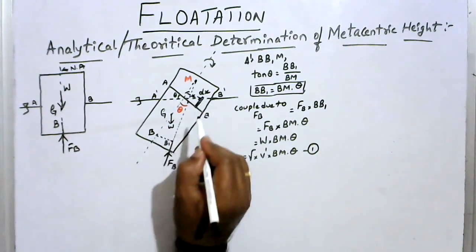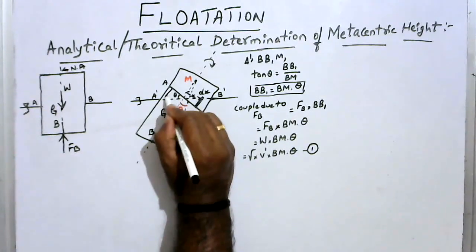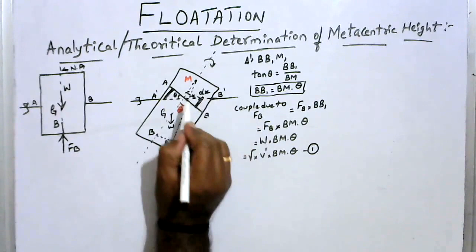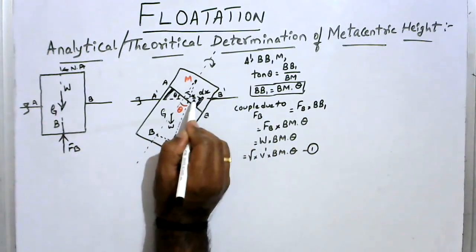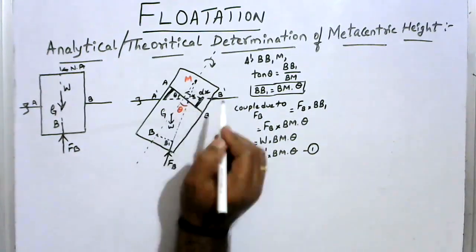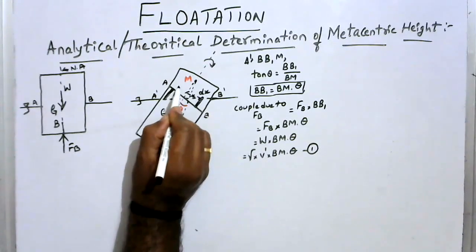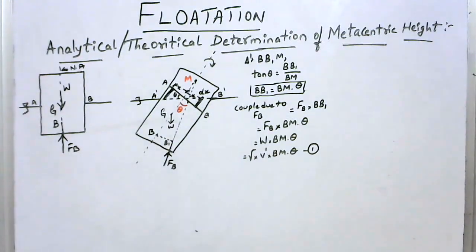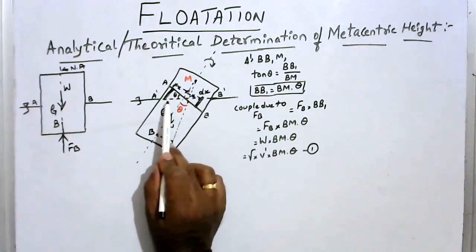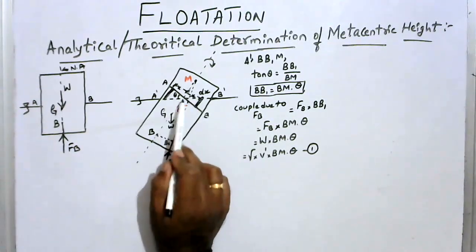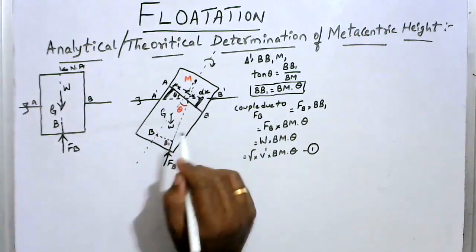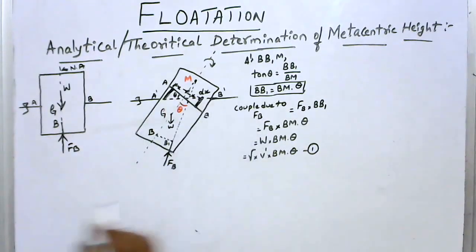I'll consider an elemental strip on both sides. On either side, the distance is x only. The thickness is dx. So if I take the plan of this body at the liquid surface, I'll get,